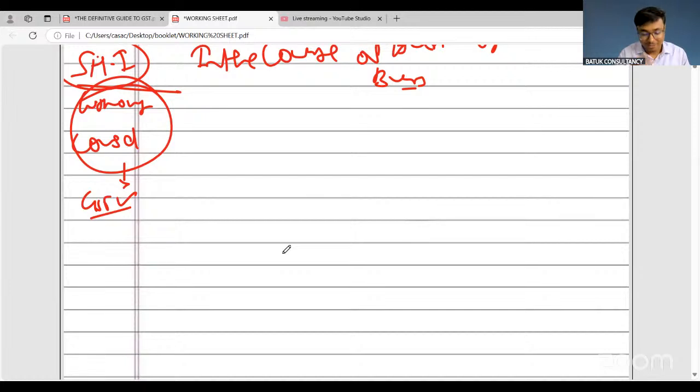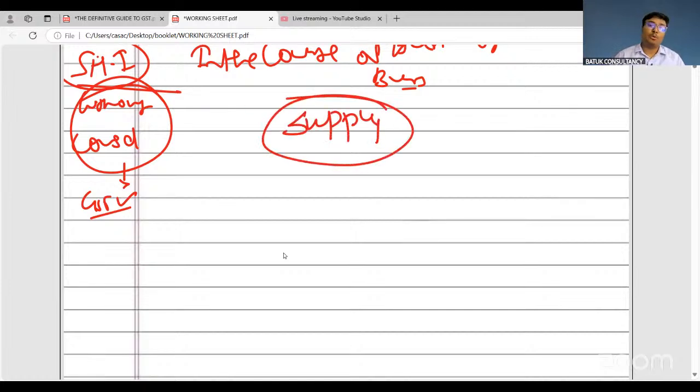So now, from today itself, when we start our learning from the basics, this is the responsibility of all of us, that we will not only file the returns of our client, we will file the returns of our client with 100% efficiency and efforts based on law. Now, the most important thing will start. Sir, yes, a particular transaction will be treated as supply. Now, the question is that